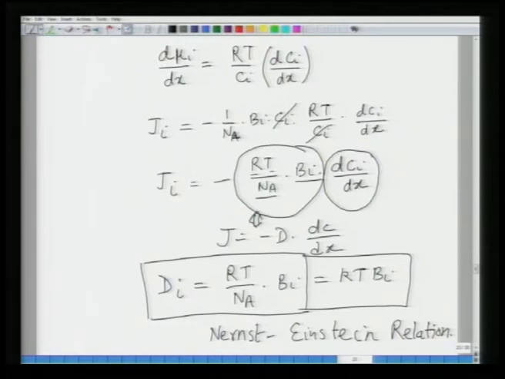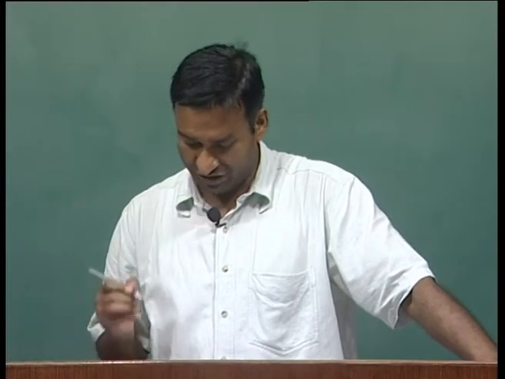So, this is the first formalism that we have established after knowing what diffusivity is. The diffusivity of a species can be related to another parameter called mobility. At the moment we are not defining it as any electrical mobility or anything. We are just saying this is a mobility which is because of a virtual force, due to a negative chemical potential gradient, which causes diffusion in a system.